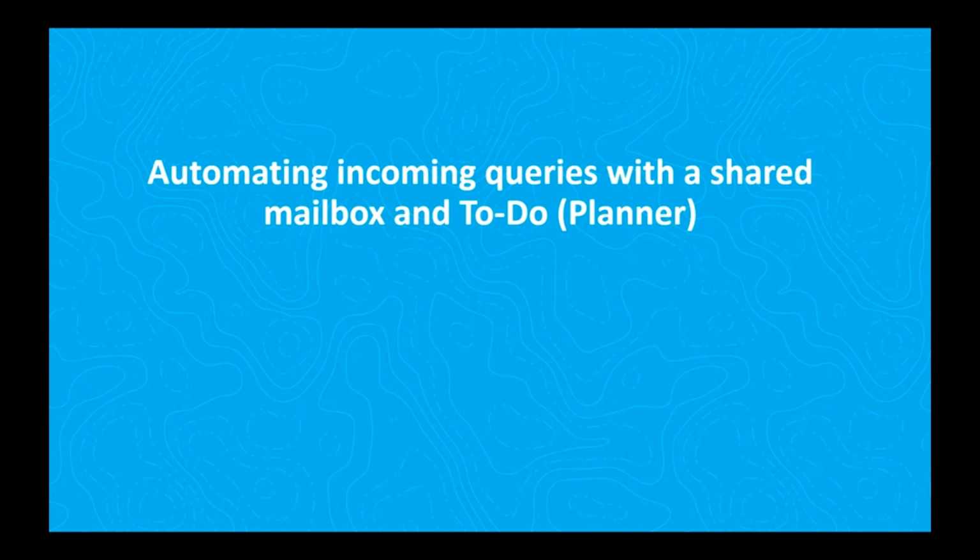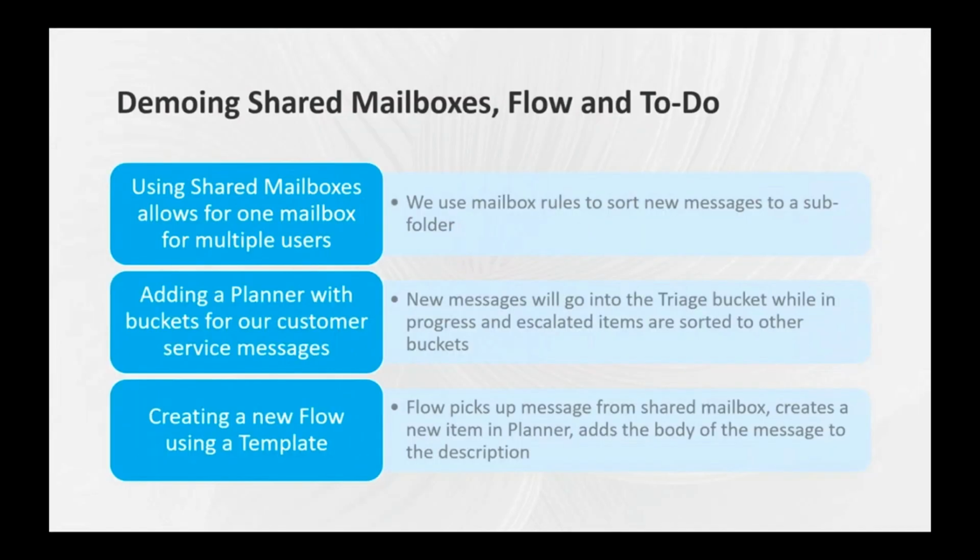So our first solution is going to be automating incoming queries with a shared mailbox and To Do or Planner. We're going to use the shared mailbox as one repository for multiple users, and then use rules to sort new messages to a subfolder. We're going to add Planner with buckets for our customer service messages. So in this scenario for a customer service team, new messages will go on the triage bucket, while progress and escalated items are sorted to other buckets. And we're going to create a new flow that will pick up messages from that shared mailbox and create a